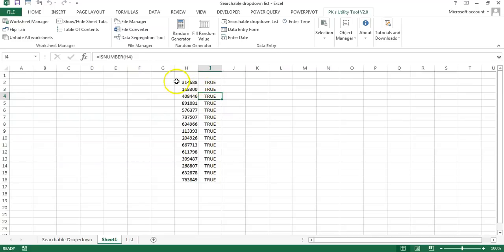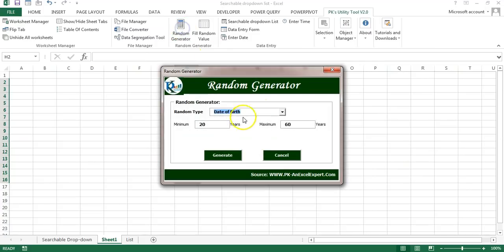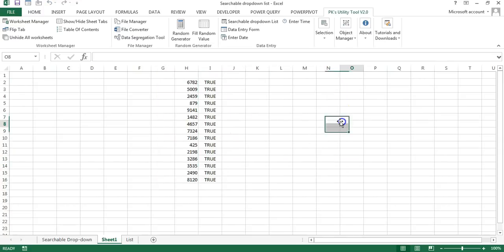Alright, now the next is add leading 0. Let me show you this one. In place of these employee codes, I'll take simple numbers. Let's take number, decimal point 0, and let's say 1 to 10,000. Generate. So we have some numbers here. Let's say we want to add some leading zeros here.